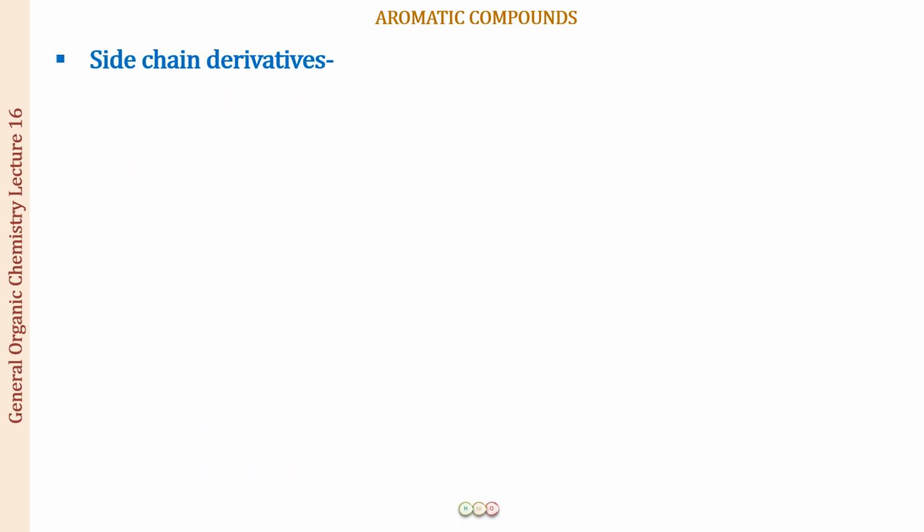Next, let us see the side chain derivatives now. In the side chain derivatives, what you can see over here is that we have a carbon with a chlorine atom. So this is now going to become the parent group and the ring is going to be the substituent. All right. And when this is the parent chain, this is one carbon. So this is going to have the name methane. At methane, you have one chloro group as a substituent and one phenyl group as a substituent. So the name of the compound becomes chlorophenylmethane.